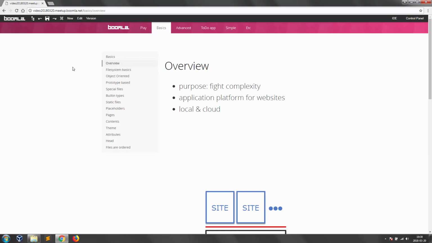So the purpose of Boomla again was to fight complexity. That's because there are, as said, so many components and they just don't quite fit together. And there are so many languages you have to learn. Just to store some data in a database, you have to learn SQL, you have to learn managing a database, system administration, you have to learn Linux commands, you have to learn to secure the system, get your SSL certificate. It's just overwhelming if you are starting out. So what Boomla does is essentially,